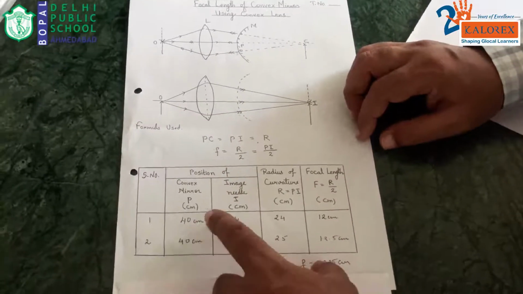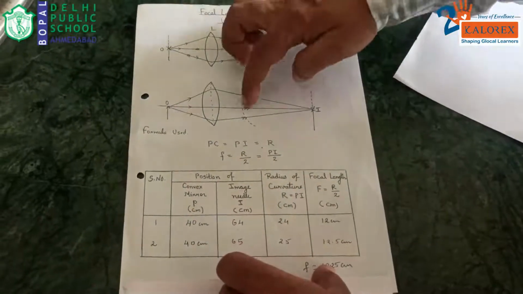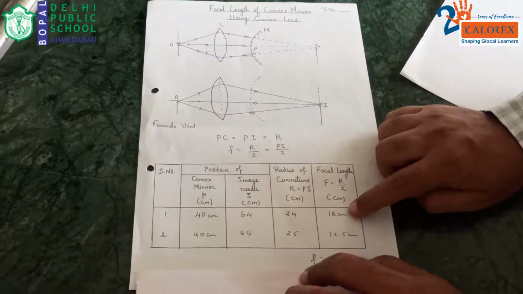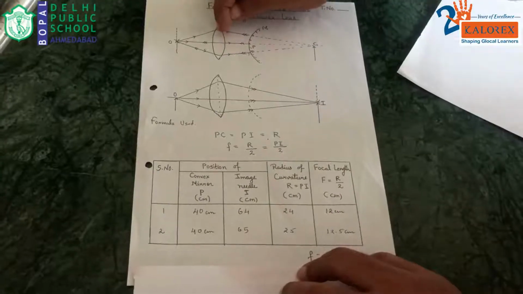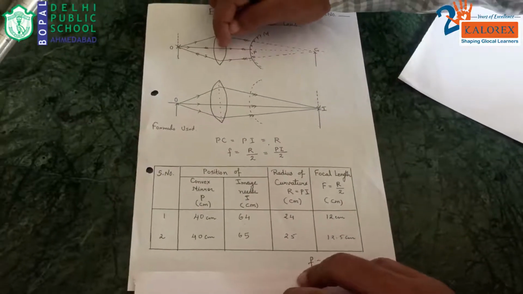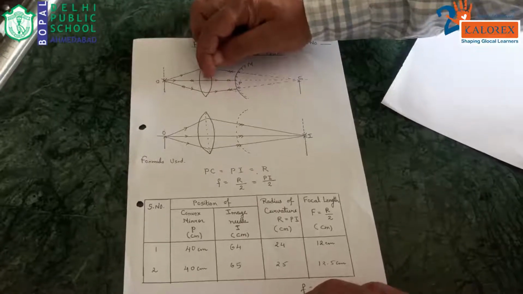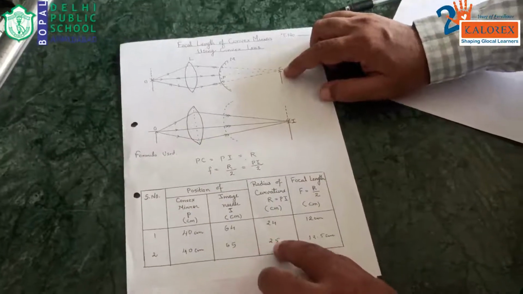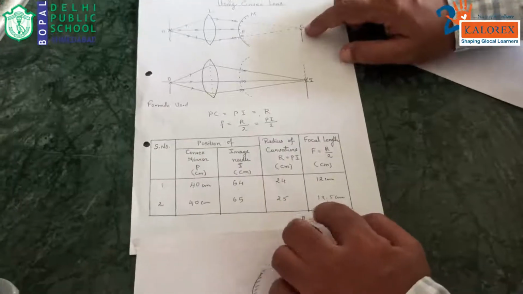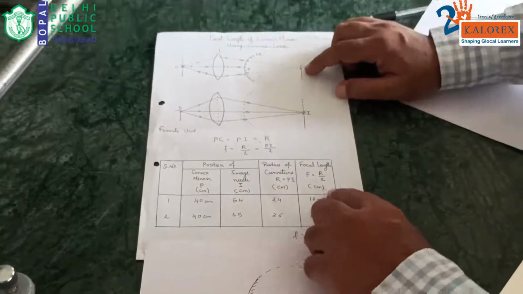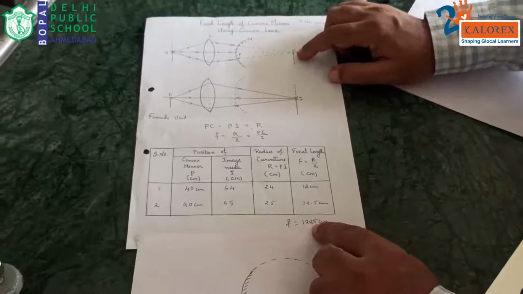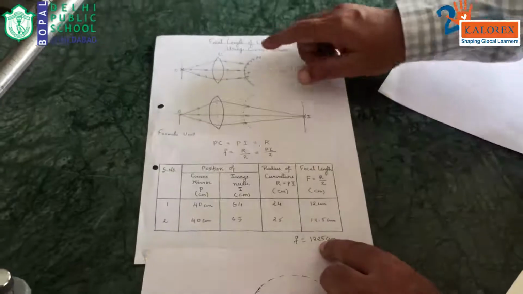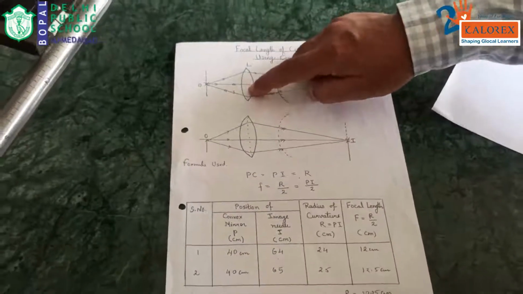Now you can see the difference of these two, P and C or P and I, will give us the radius of curvature R, and half of that is 12. I have moved slightly, within half a centimeter, the 30 position, I have decreased or increased it, so this position slightly changes, and because of that slight change the final image is at 65. The difference is 25 in place of 24, and half of the distance is 12.5 instead of 12. The average of these two is this one. You can take two more readings also, and ultimately we can get the focal length of the convex mirror using a convex lens. Thank you.